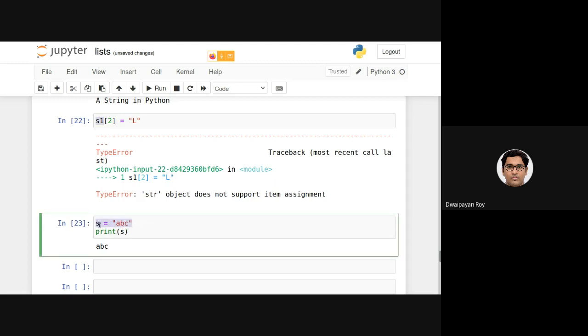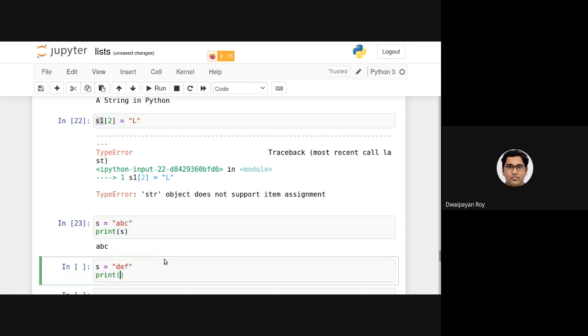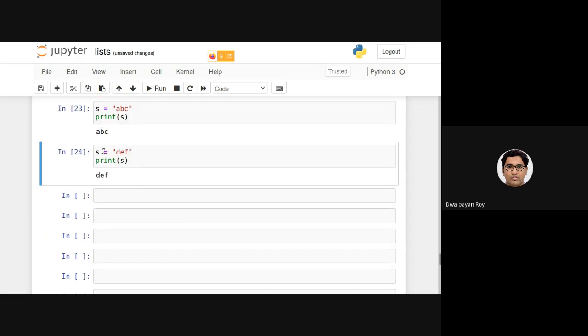Every time I'm writing something like this, if I again write another, say S equals to DEF, we know that if I print S, it will be printing DEF. Every time I'm writing statements like this, I'm declaring a new string variable altogether.